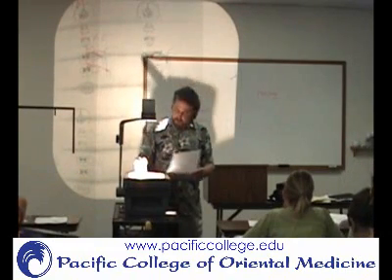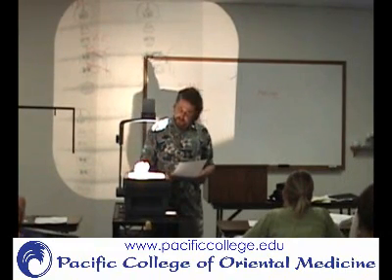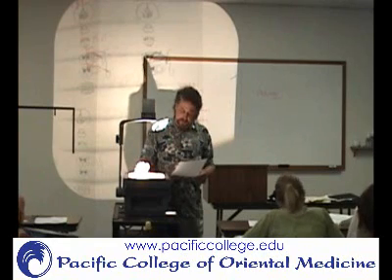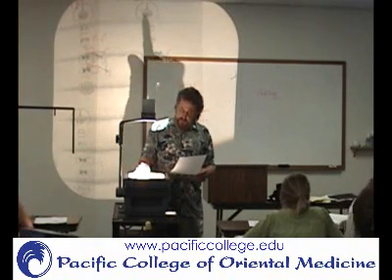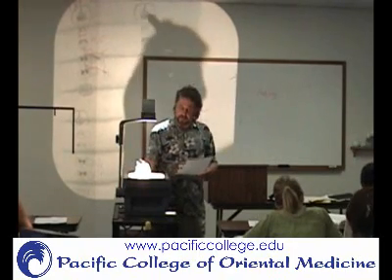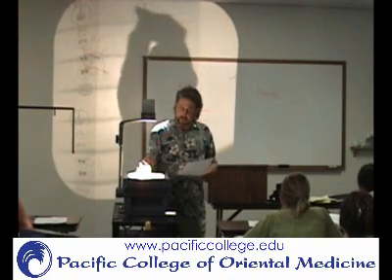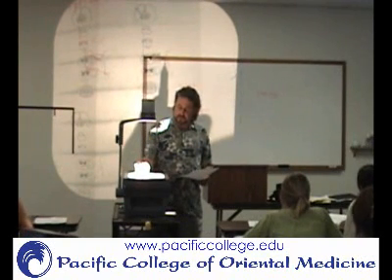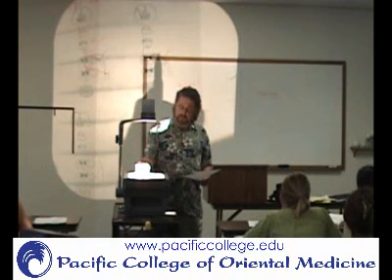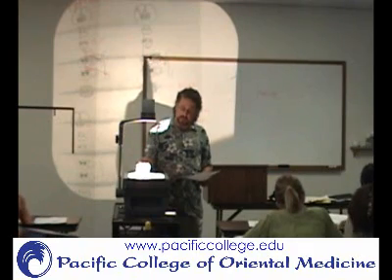All right, so then, like I say here, it's going to synapse, and then it's going to cross, and then it's going to ascend, and then it's going to go up into the thalamus, and then you have another synapse here, and then that goes to the cerebral cortex. So the first neuron goes all the way through here, and here's where the cell body is, but the synapse is over here